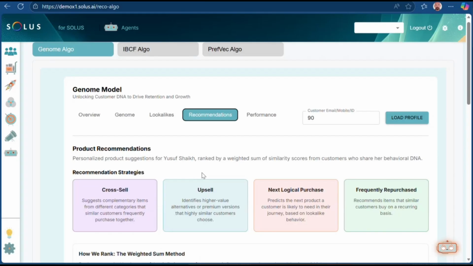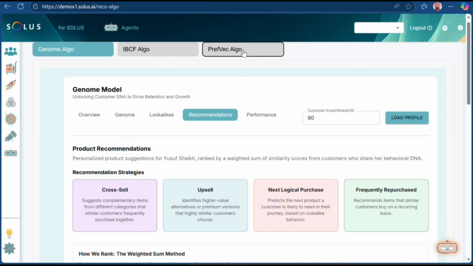It's very useful when you actually know very little about a customer. Let's say a customer has just done one transaction. Somebody who's done two is now somewhat close, or somebody who's done just one transaction but matches on a lot of demographics, and we tend to believe that demographics matter in certain domains. It's very useful, right? So it gives you that slight bump to move to the next step, especially when you're talking about customers for whom you have very little data. It's not cold start, but not a very high temperature start either. So that's essentially what the genome algorithm is. It's a way of saying what are customers like you doing, and what do you do?